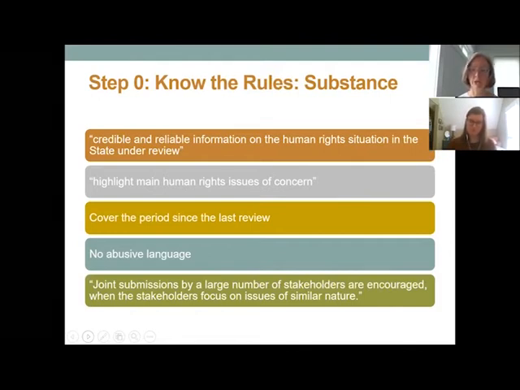So they might work with the World Coalition Against the Death Penalty and the Advocates for Human Rights on a report that focuses exclusively on the death penalty and related issues like detention conditions, but they might also participate in a broader civil society report that covers a wider range of issues, and they'll contribute just where their expertise is. So it's fine to do that. That gives you multiple opportunities to engage in your advocacy and to have an audience for it.